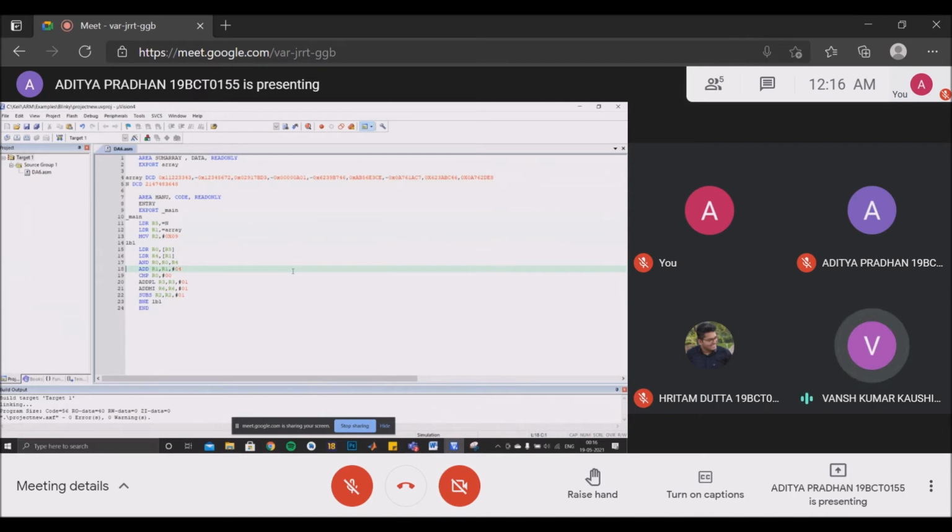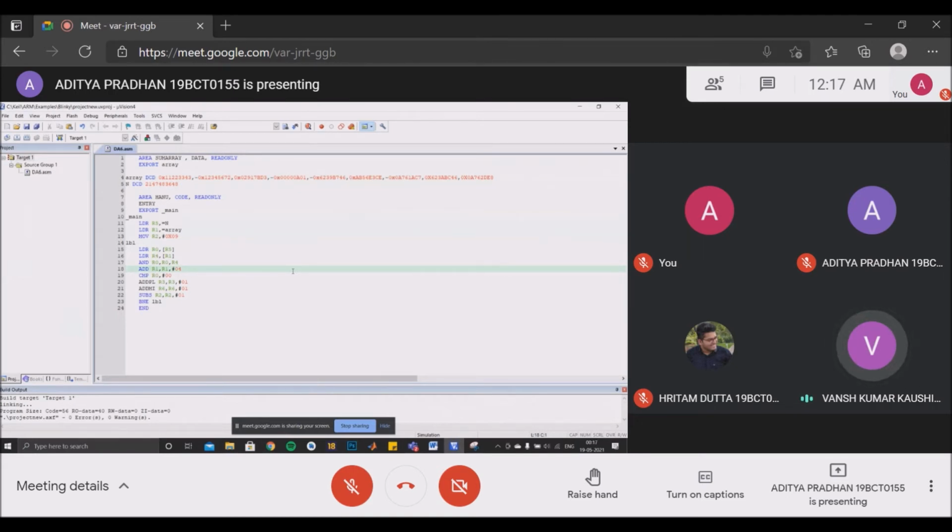As we have now checked the first array element, we then have to decrement the value of the R2 register by 1, and now its value will become 8. In the next statement, BNE LBL, this statement will branch the program back to line 14.